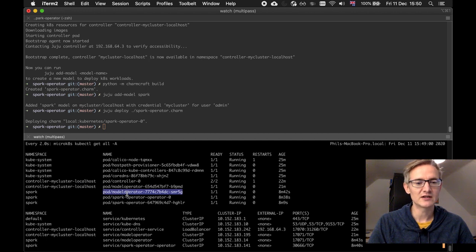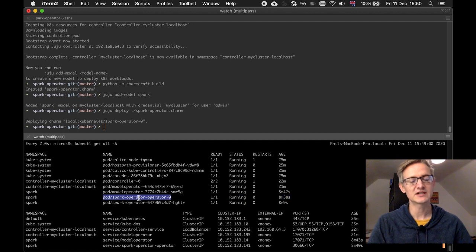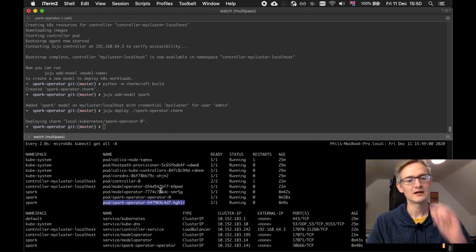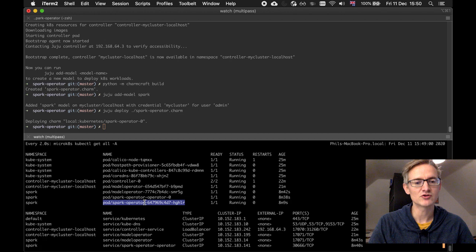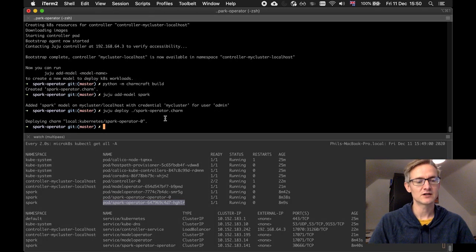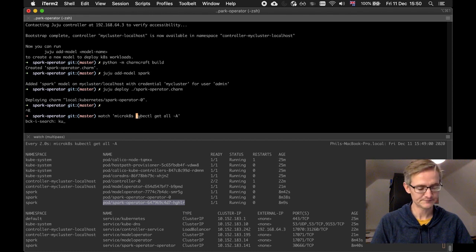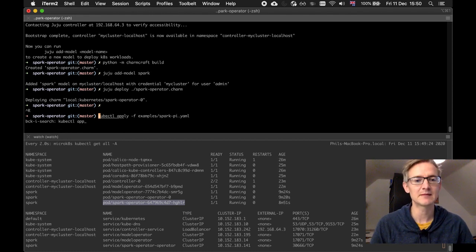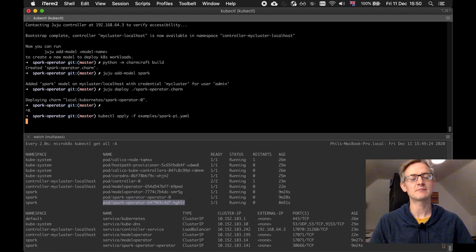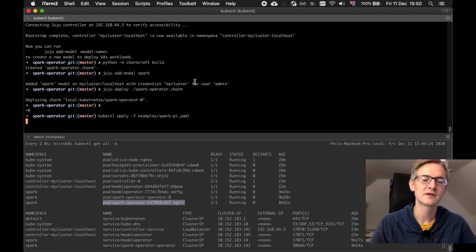So we've got the controller here. This is the actual operator, the charm operator, and finally we have the Spark operator pod running in that pod there. So now if I was to do a kubectl apply with an example Spark job. This might take a second because I'm recording at the same time. Whilst that is running,